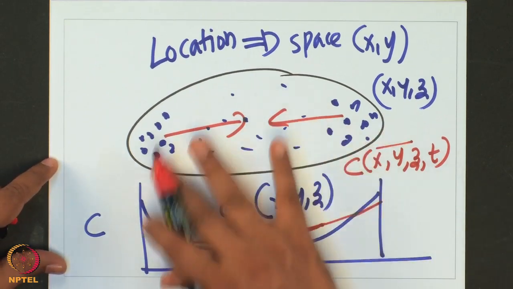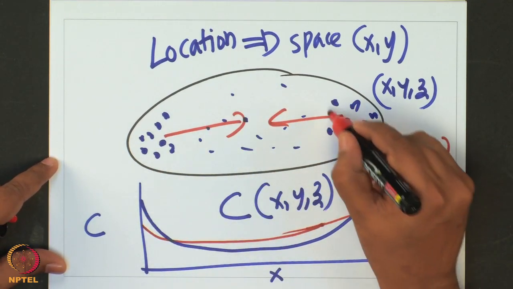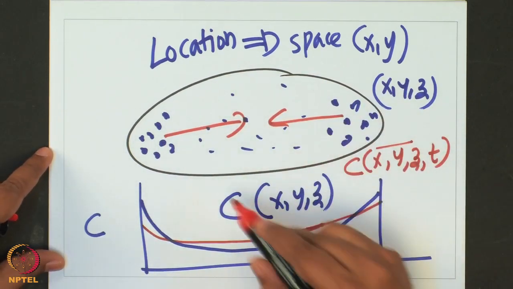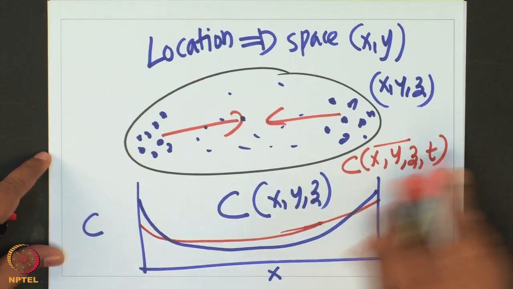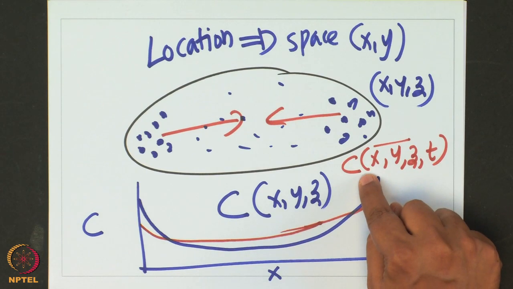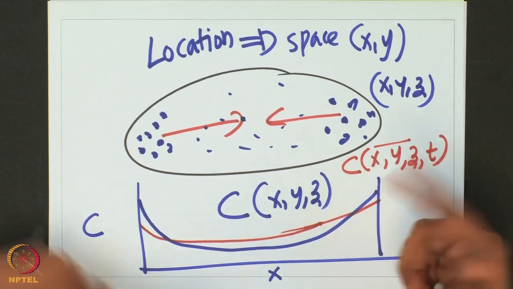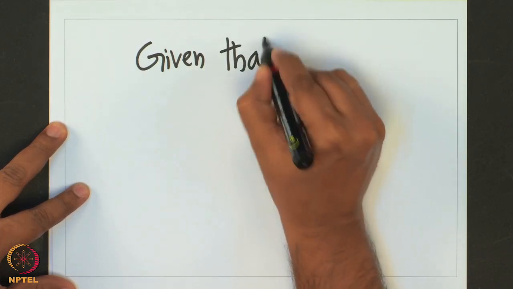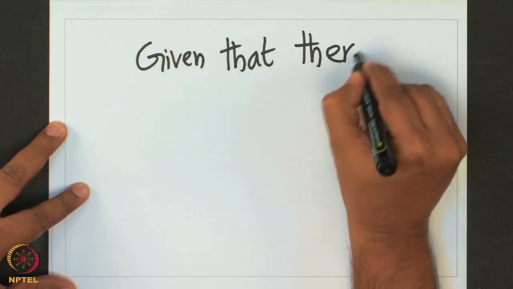The concentration profile will change as the protein molecules, or the molecules of our interest, diffuse from one place to the other. So, given that there is diffusion, how does this concentration C change with x, y, z and t? That is the question that we would ask. What are we going to ask? We are going to ask the following question: given that there is diffusion,